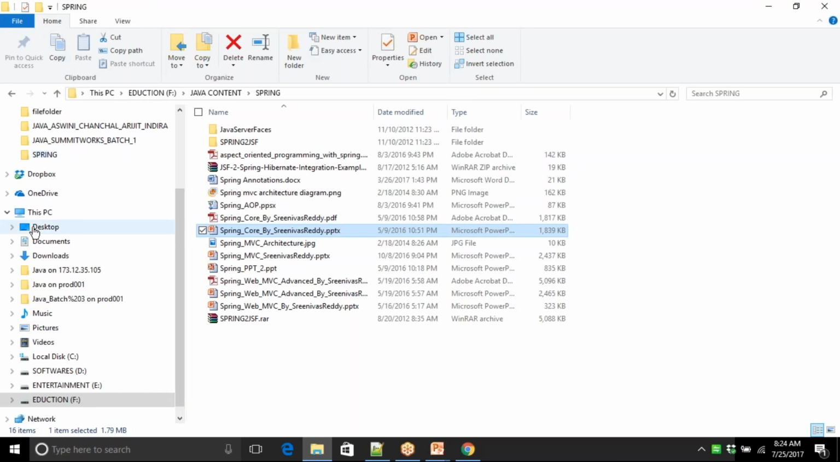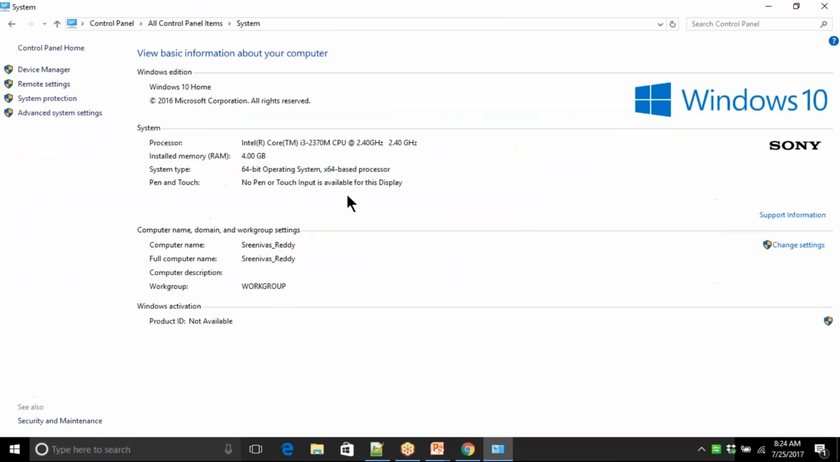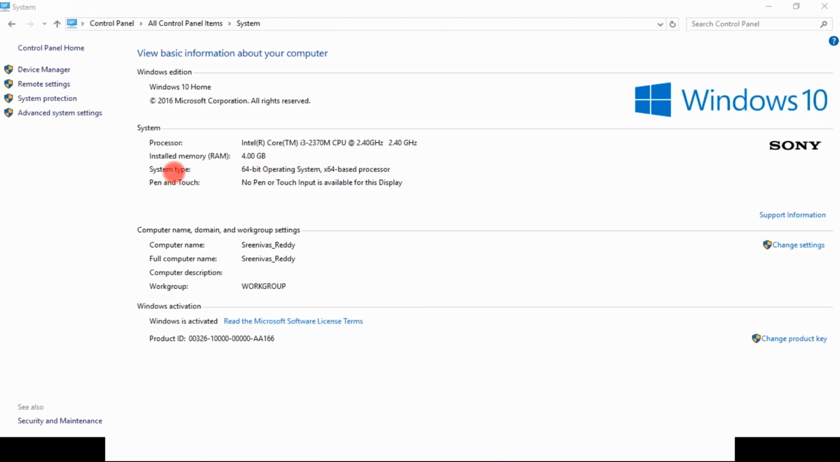Just open your computer, go to This PC. Then if you go to system properties, you should be able to see all your system features. If you look at the operating system,